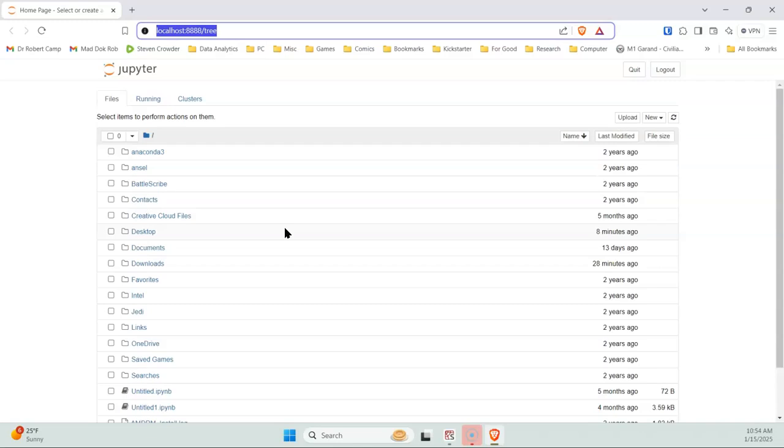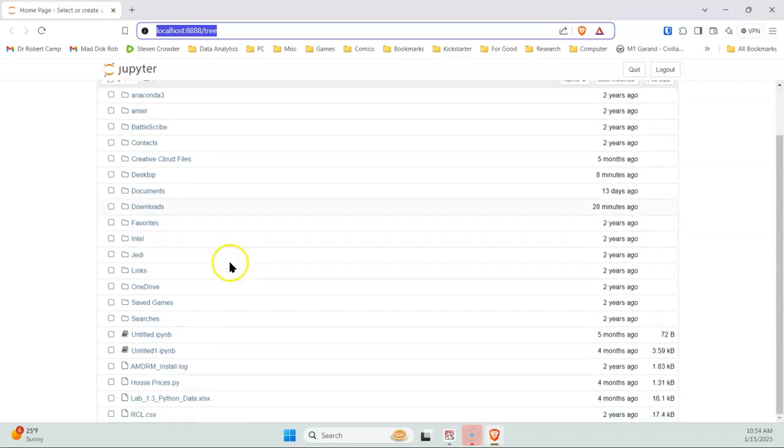Because you can actually use a web browser as a file explorer on your computer. It works kind of the same way. It's just not as efficient as the file explorer. And in fact, if you look at this, you can see all this stuff here. These are all the contents of my user directory, because there's desktop, there's documents, downloads, favorites, just like all the stuff that you would see in your file explorer. And so basically what we're looking at here is, if you look down here, we've got this untitled.ipynb,